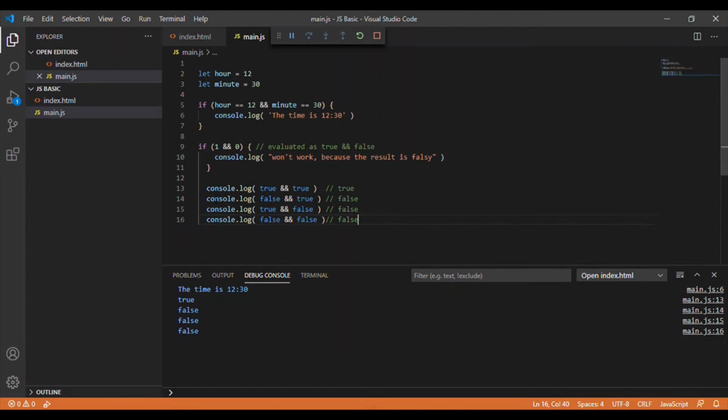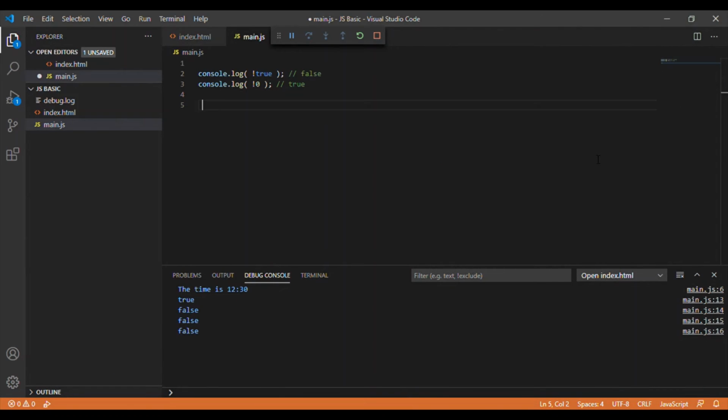So this statement has not been outputted in our debug console as well as in the browser console. Why? Because the if statement is given as false, so this particular console.log statement won't be outputted. That's all. This was all about the AND operator, and we have already learned the OR operator. Both are logical operators. And next we'll learn about the NOT operator.